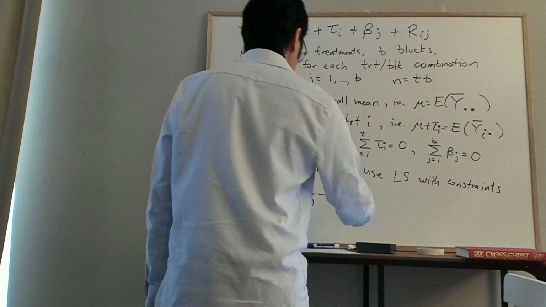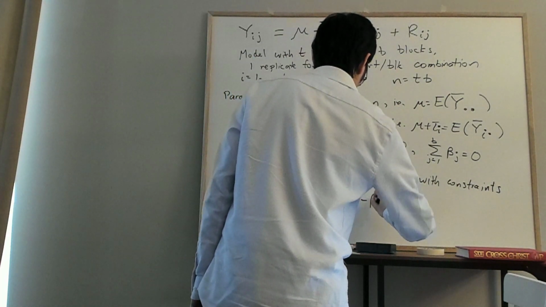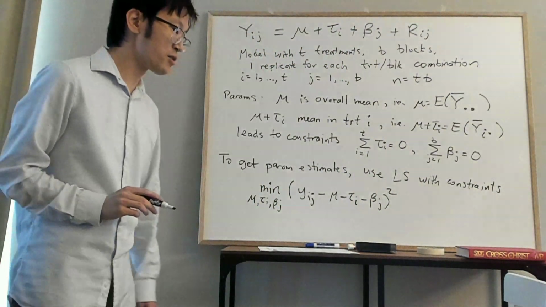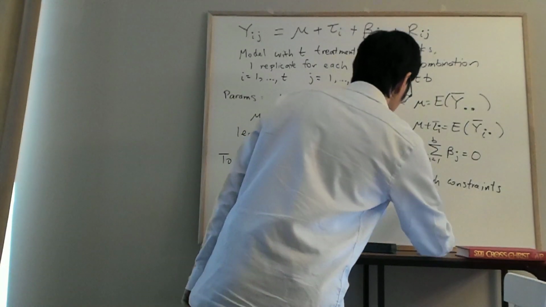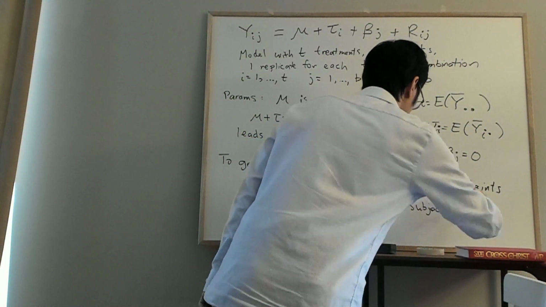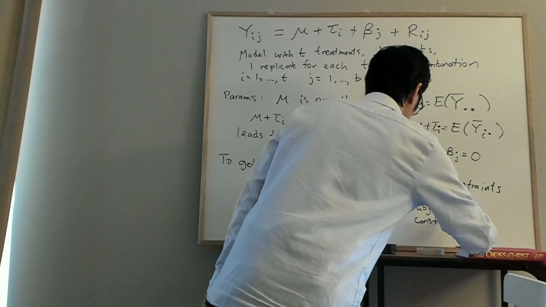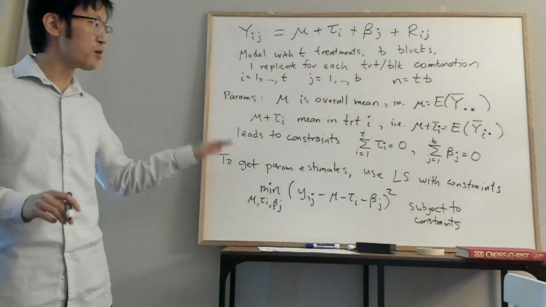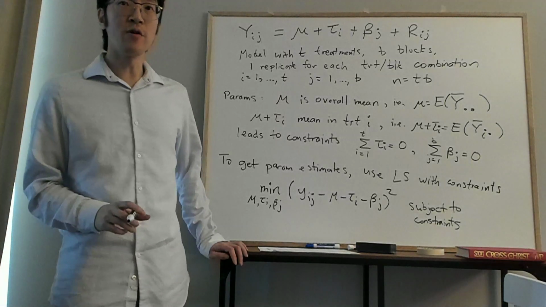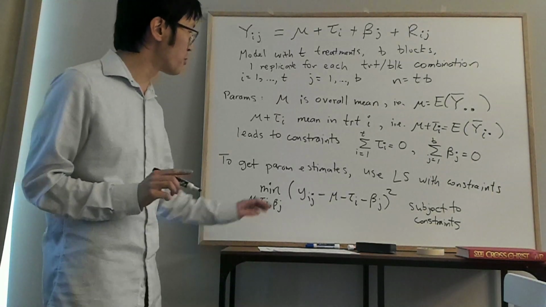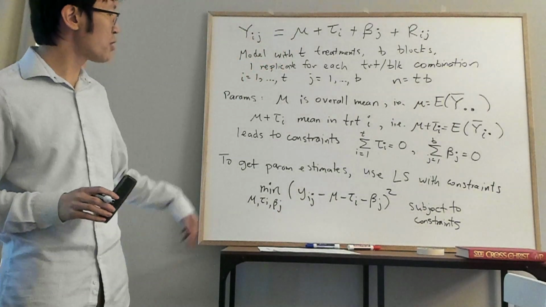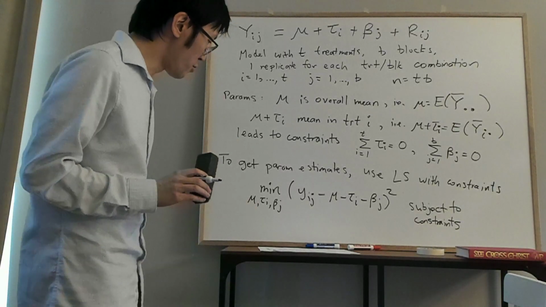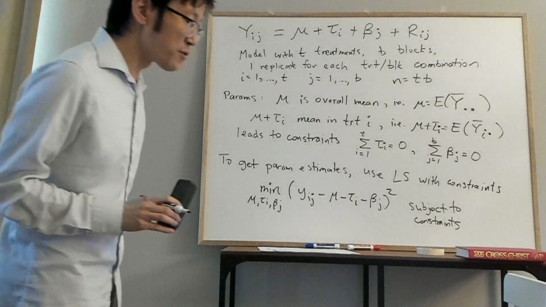Okay, so we put that in here. Mu, tau I. So that's the expression we minimize for least squares, subject to the constraints. Okay, so that's our least squares expression. This can be done using a variant of Lagrange multipliers. I will not go through those details here. It follows very similarly as in the other cases. So I will jump right to the estimates themselves, and